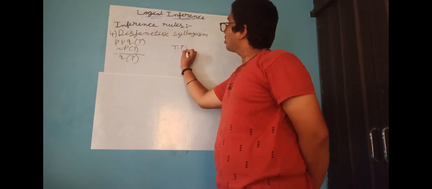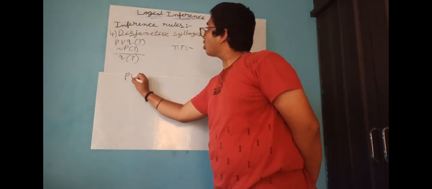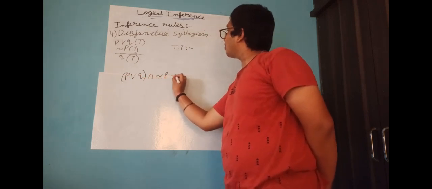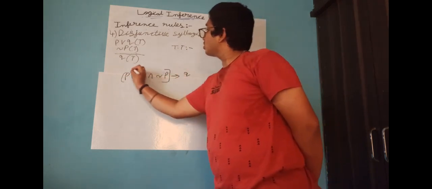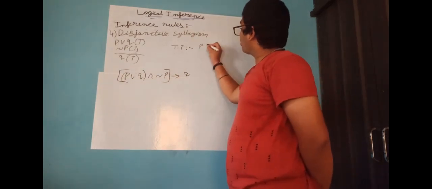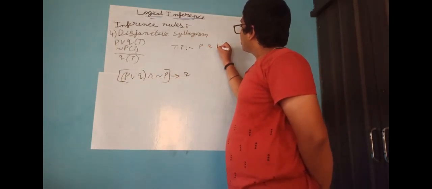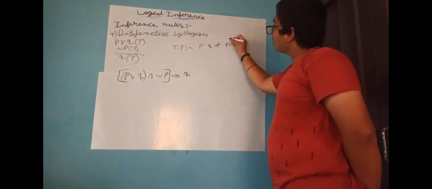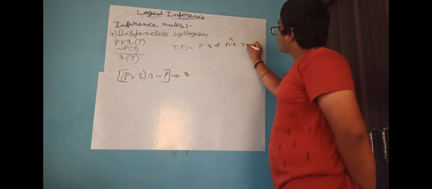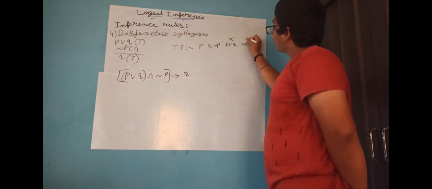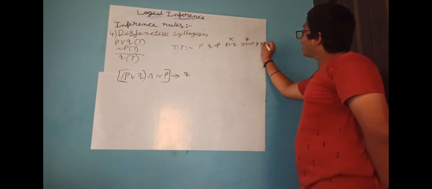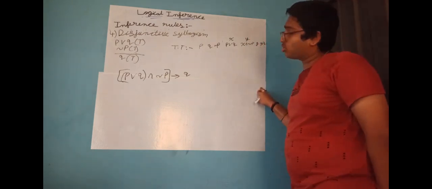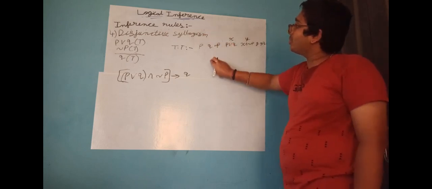Truth table. Yeah, first this one in symbolic form: you write P or Q and negation P implies Q. This is the symbolic form. Now the truth table. P, Q, negation P we are using, so keep that one. P or Q, let it be X. X and negation P, let it be Y. Y implication Q. If the truth values of this entire statement are true, nothing but tautology,